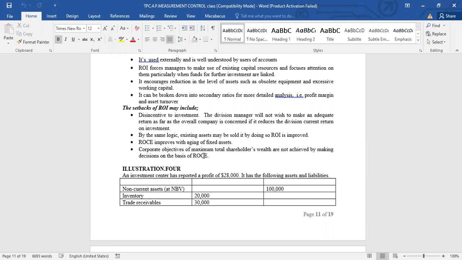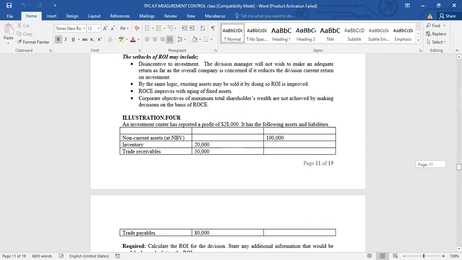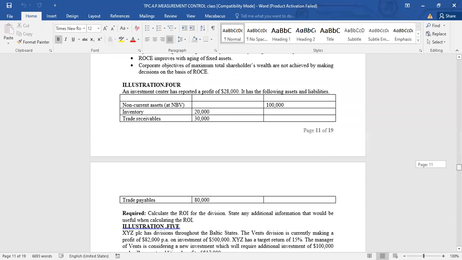It looks at equity and long-term debt, or you look at assets minus current liabilities. So if you want to reduce that figure, you just reduce the assets. You know that return on investment is return over investment. So if the investment figure is reduced, then the resultant figure will increase. Someone can do that to make sure he improves his return on investment. That's what we call cooking the books and being smart.